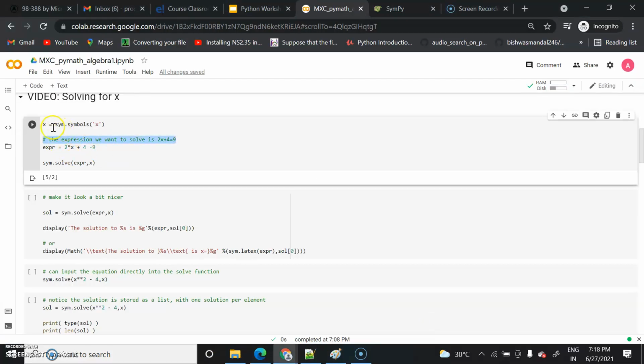How are you going to describe this? You need to take an x variable. You can take any variable here. I am taking x because I wanted to tell that this will act as a symbol x. Why symbol? Because in this expression you need to find out the value of x. Then you need to take 2 into x plus 4 minus 9.